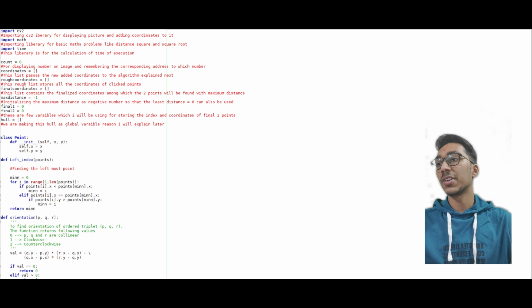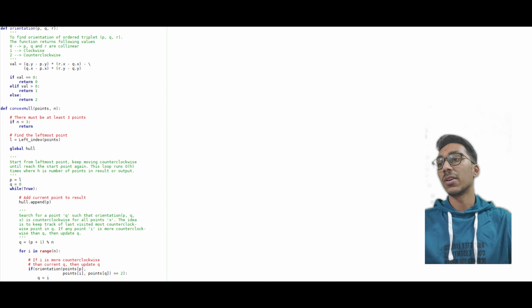Value is equal to (y coordinate of q minus y coordinate of p) multiplied by (x coordinate of r minus x coordinate of q), minus (x coordinate of q minus x coordinate of p) multiplied by (y coordinate of r minus y coordinate of q). Basically we are doing a cross multiplication to find the orientation of the 3 points. If value is equal to 0, return 0; if greater than 0, return 1; else, if they are counterclockwise, return 2.